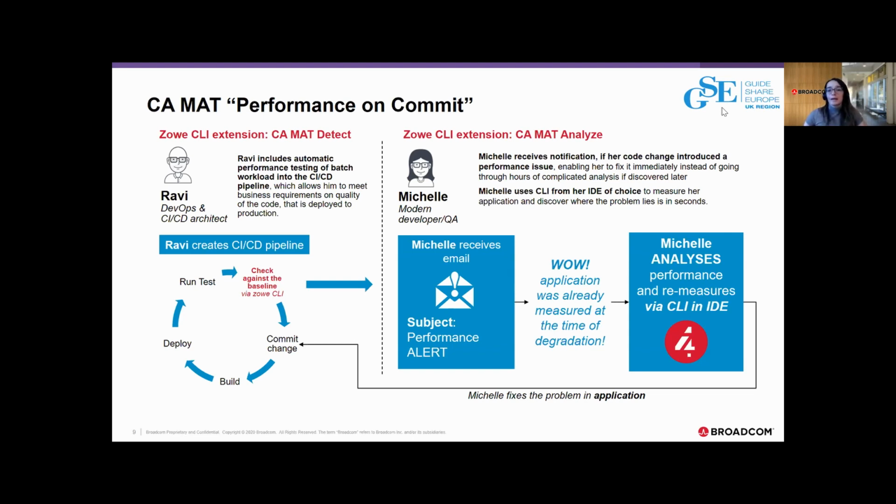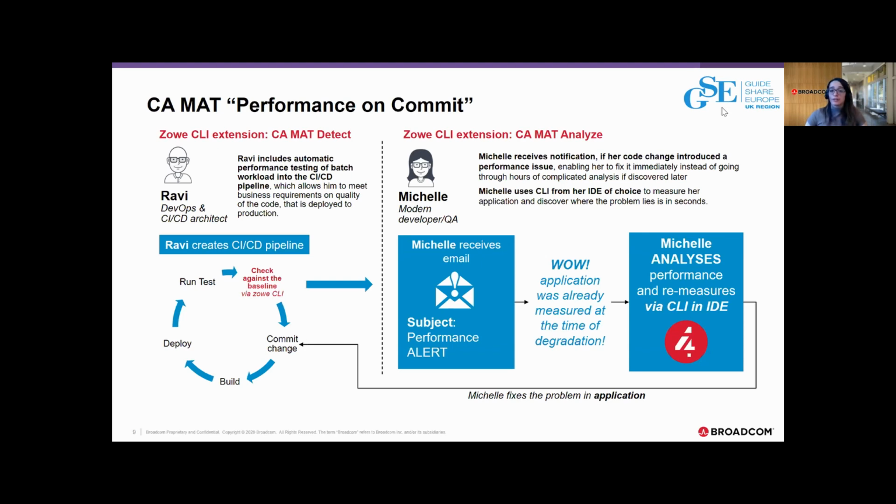CMAT Analyze is then used after the issue was detected to look deeply at the application performance. This is where the sampling component of CMAT is used, and we expose it again through Zowe, through CMAT Analyze. Michelle works in her IDE of choice, for example Visual Studio Code for Z, as we call it, with extensions,